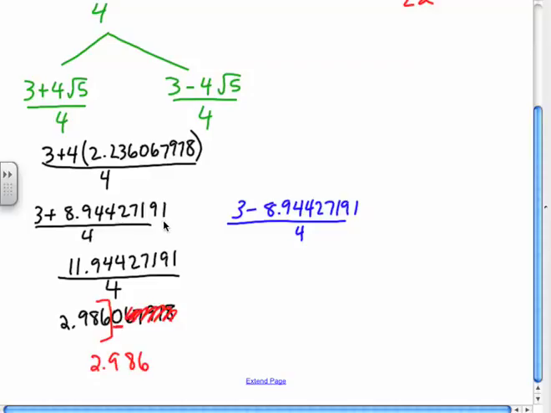But now I'm going to have to use my calculator and do 3 minus 8.944279191. And I'm going to get negative 5.944279191 all over 4. And then I'm going to divide by 4, and I'm going to get negative